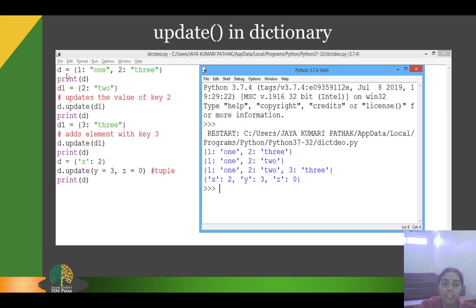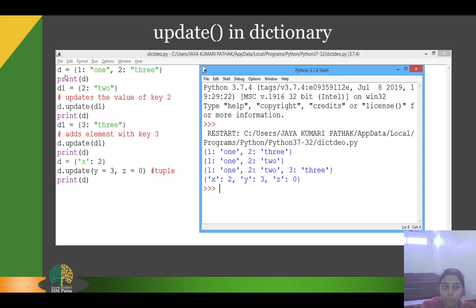Here, D is a dictionary having values 1 and 2, and now D1 is a dictionary in which there is a value 2. Now the value of D1, that is 2, gets updated for D. So whenever we print D, the updated value of 2 gets printed here.